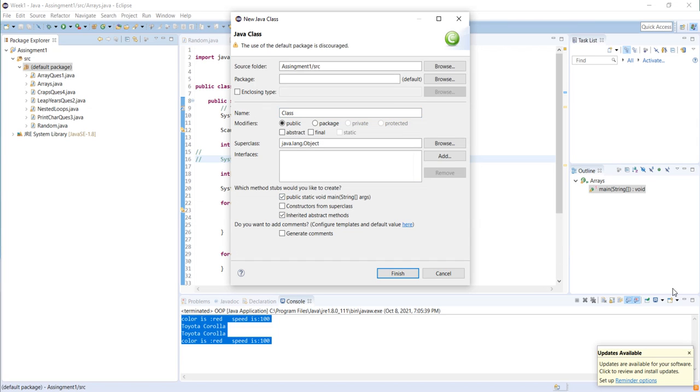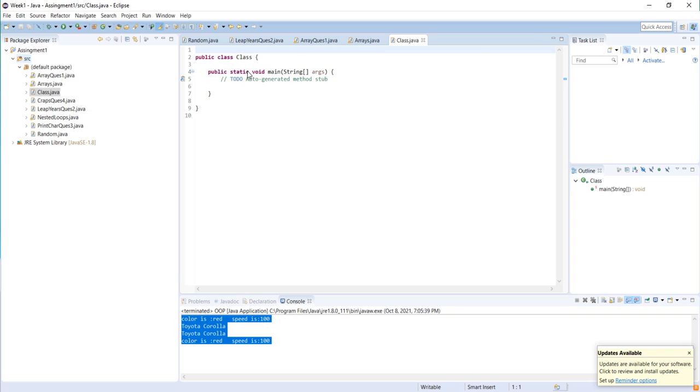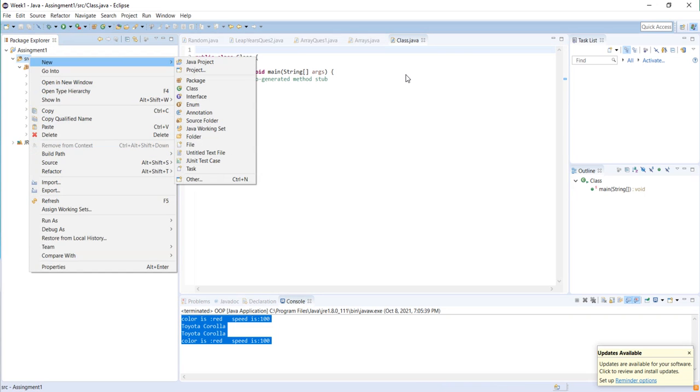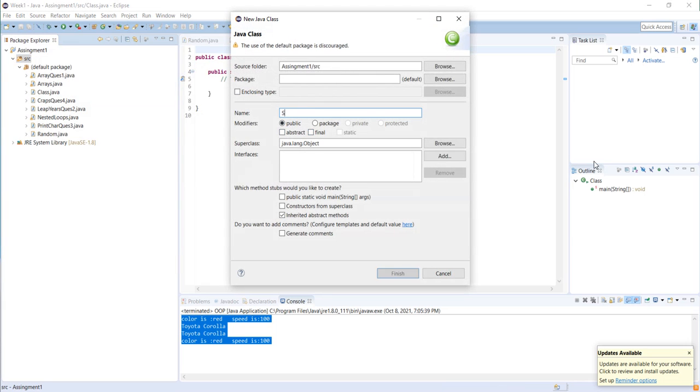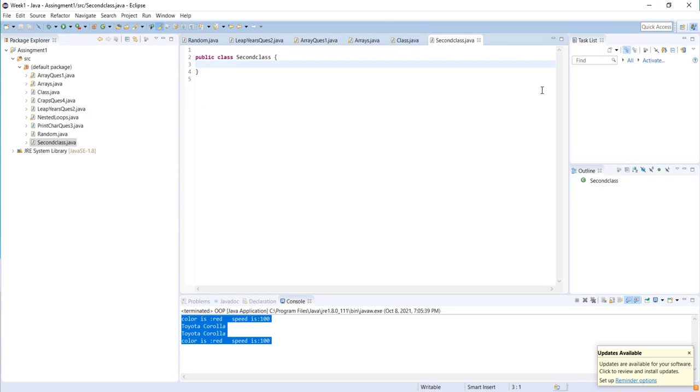Then I'm gonna create my second class without a main method.